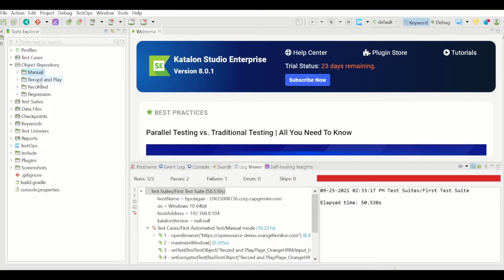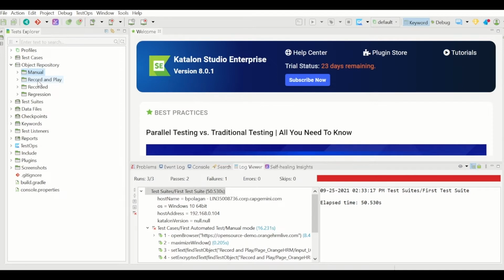That's the benefit of having an object repository. And Katalon Studio has this object repository by default, so you don't have to spend extra time creating an object repository and maintaining it. That's one of the benefits.